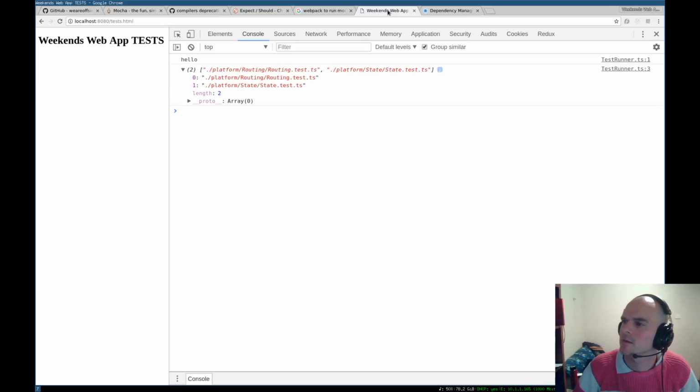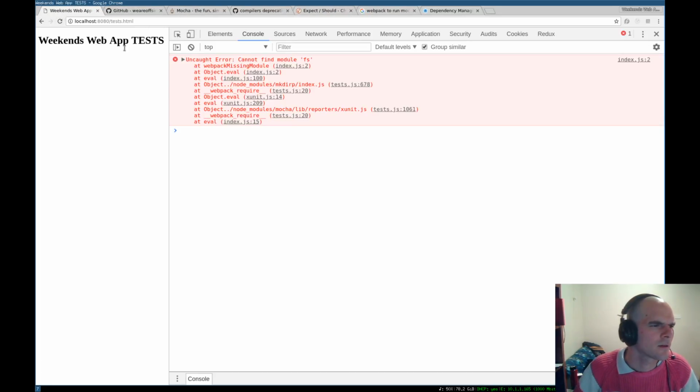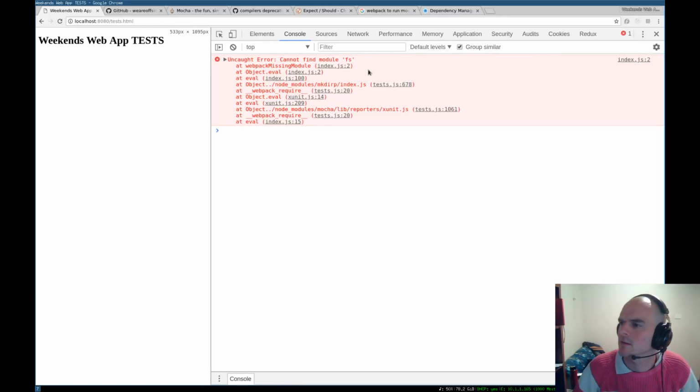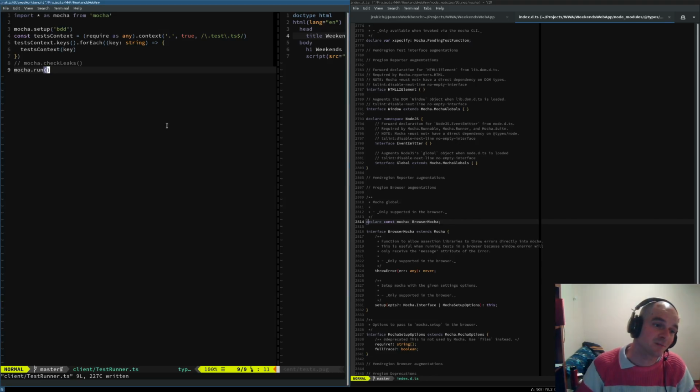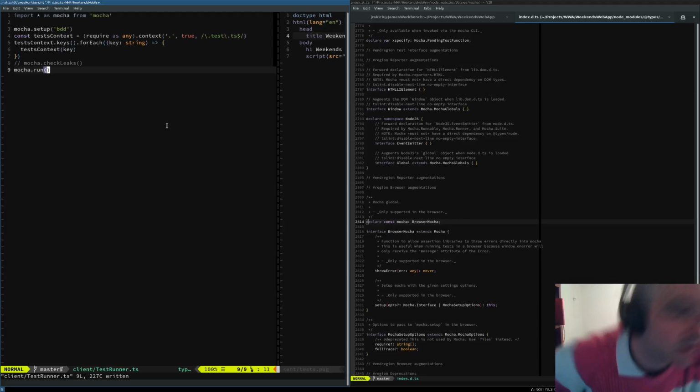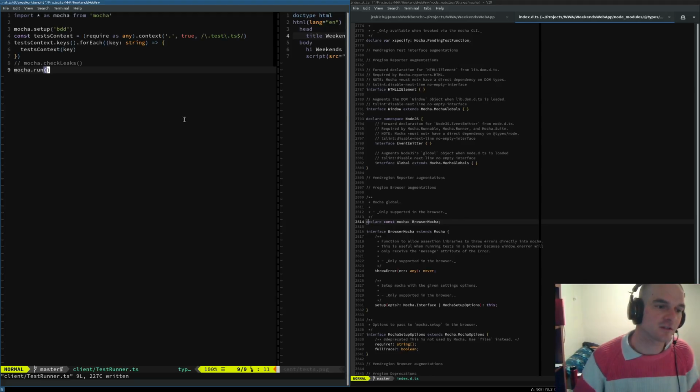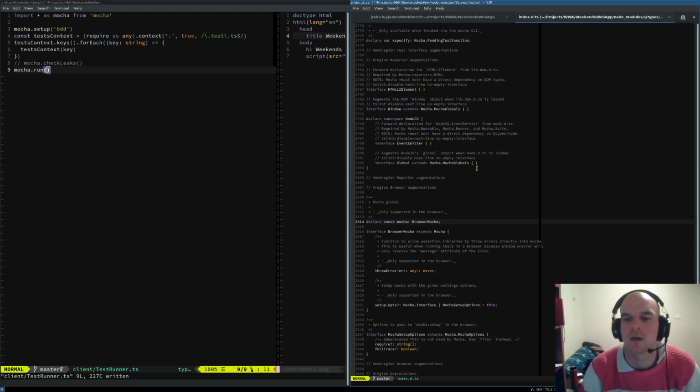Where am I? Let's put this one out the front. Okay. File system. Interesting. Why does it need to call that? Okay, because we're not in browser Mocha. Right. So we need to use the browser build of Mocha. So there is a slight hiccup in this.